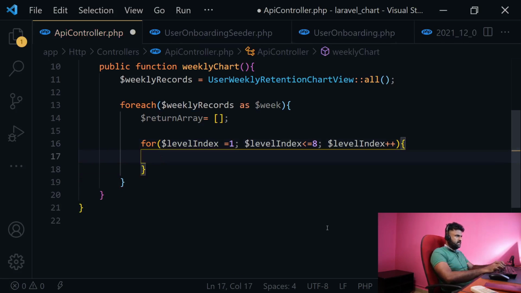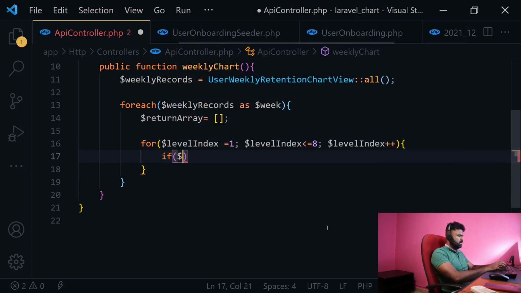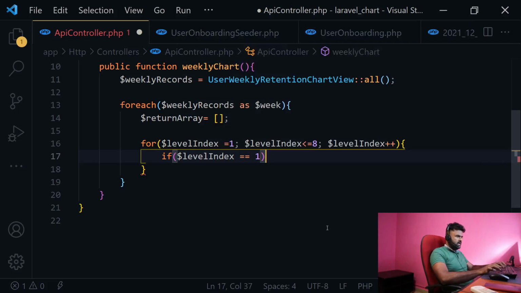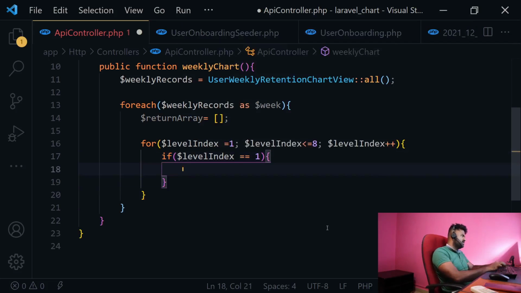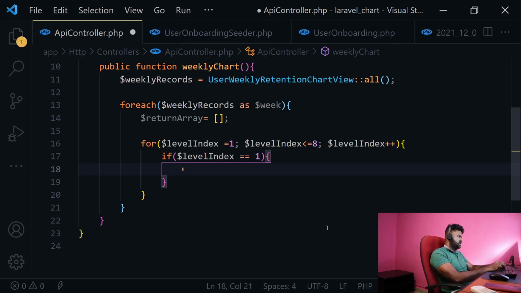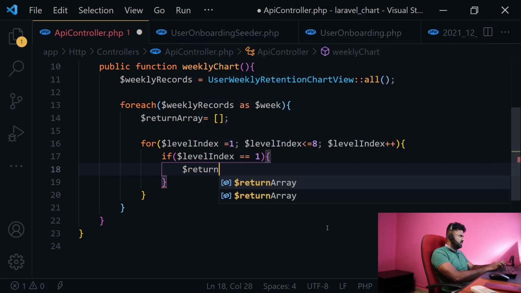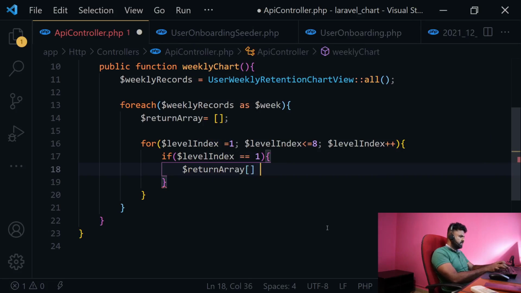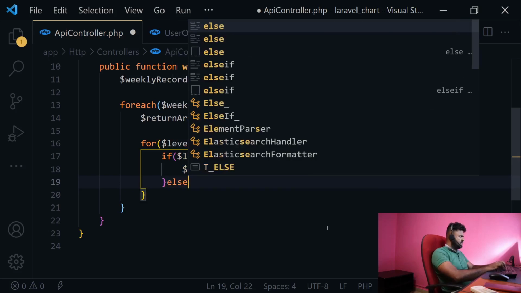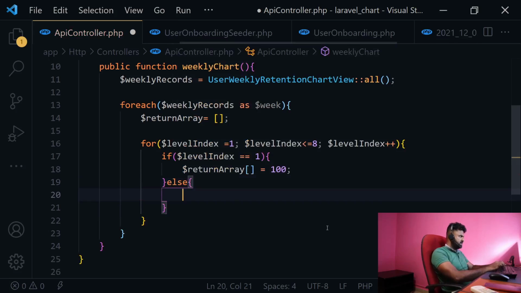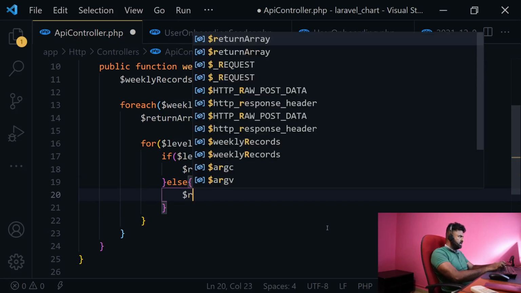Right, let's go. If $levelIndex equals 1, that means this is the first curve, our curve's first line, so it starts from 100, because according to our requirement documentation it needs to start from 100. So the return array gets 100, and else, if it comes the second time, then the return array